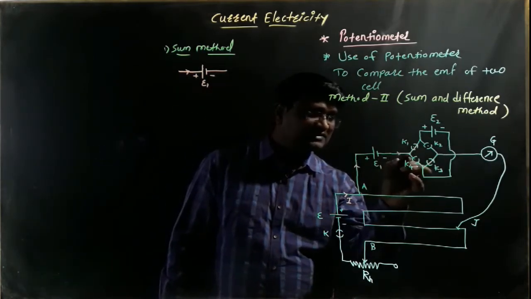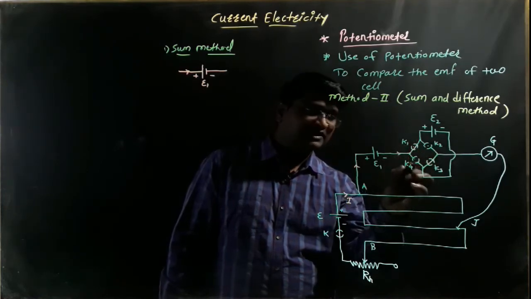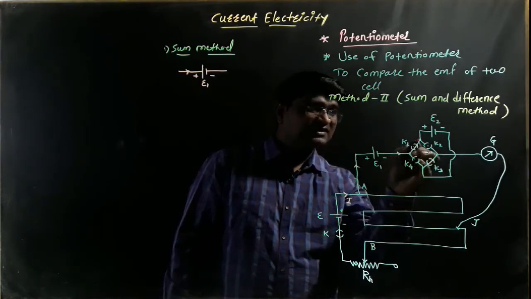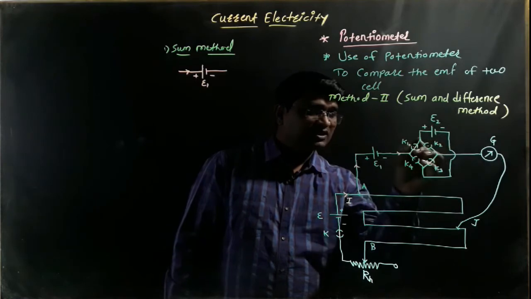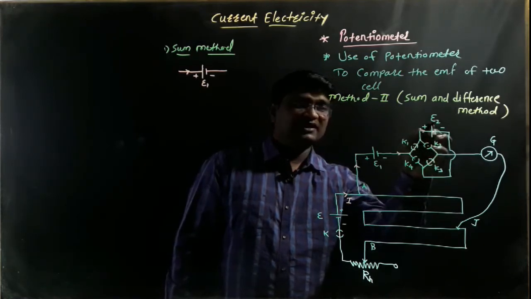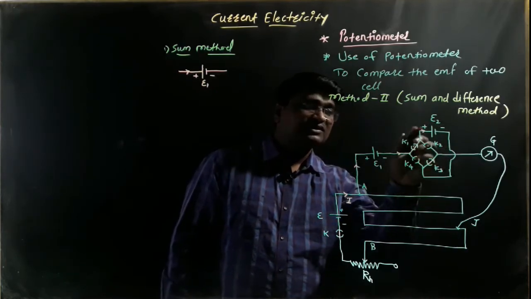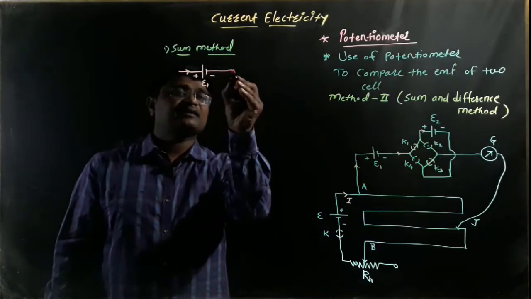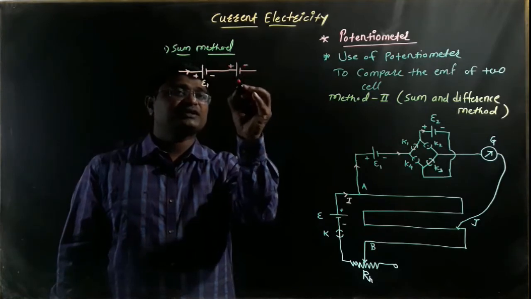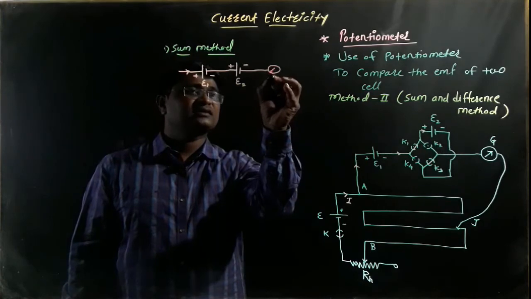After that, this electric current moves through the key K1, because K4 is open, which means no electric current passes through it. So the electric current passes directly towards the cell epsilon 2. It moves here and directly reaches the positive terminal of cell epsilon 2. Current cannot pass here because K2 is open. It is very important. So the second EMF is connected here from positive to negative. This is denoted by epsilon 2, and after that it is directly connected through the galvanometer.